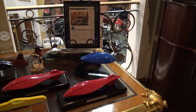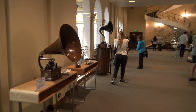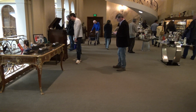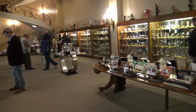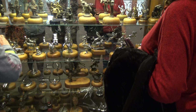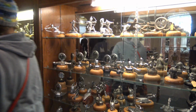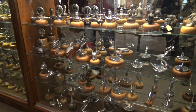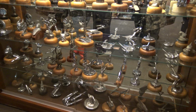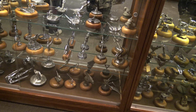Look at all those hood ornaments. Well, you can't say they didn't have enough hood ornaments. This one's my favorite. I love it. Yeah. That's odd. Oh yeah. Those very